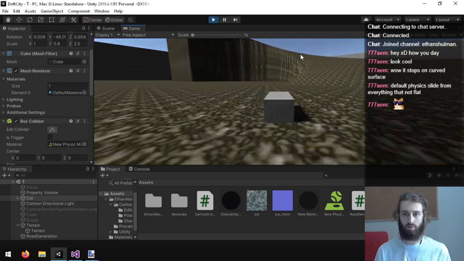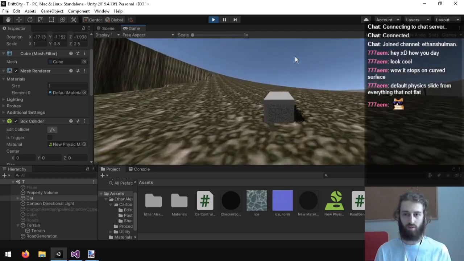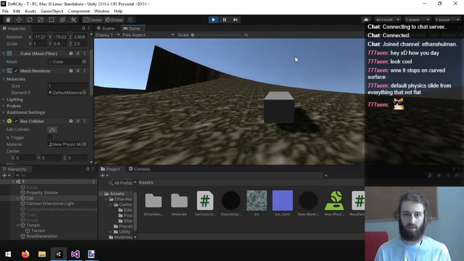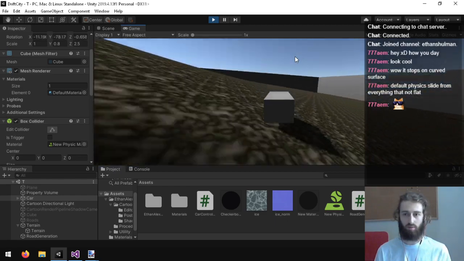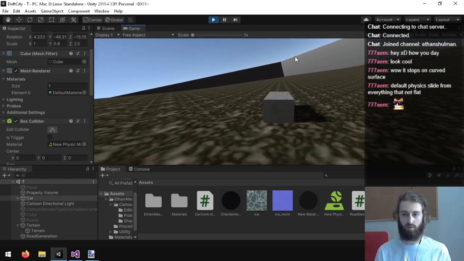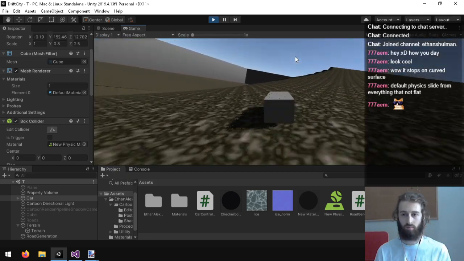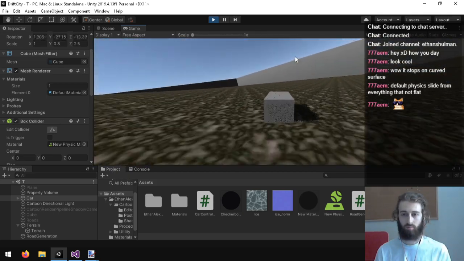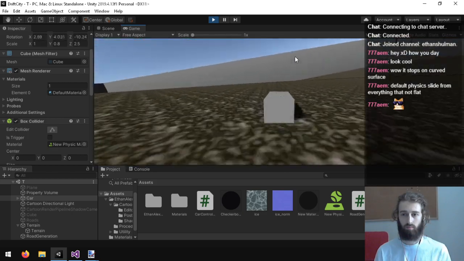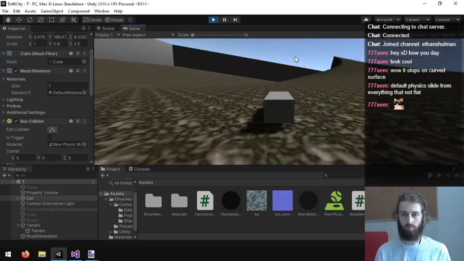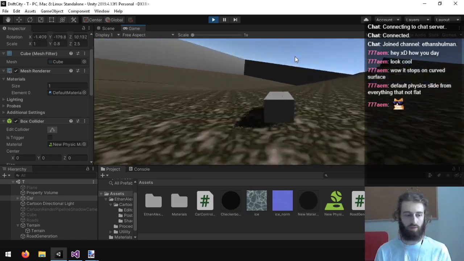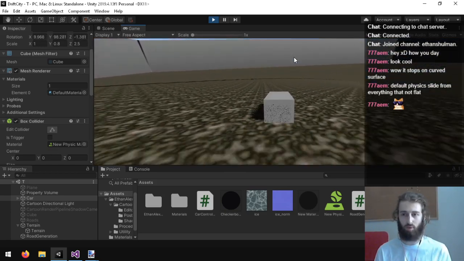I made one of these ramps that kind of curves sideways, like, what's it called? Can't remember what it's called. Anyways, I want to do one of those again to test driving up on walls.